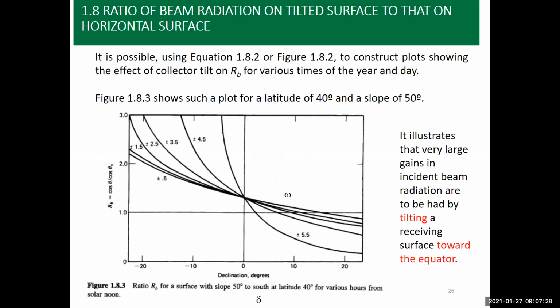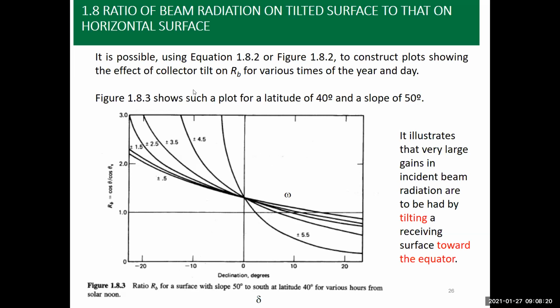These figures that we have, some sort of a cross plot, were plotted again so that they would provide us with a cross plot of the value of RB right away as the delta has changed. Delta change means that the day has changed. So for several days over the year, you can get the value of RB right away at different angles. So these values of 5.5 or 4.5, 3.5, this basically has to do with the angle. Accordingly, for certain conditions, this is a replot of the previous figure using the equations that we have